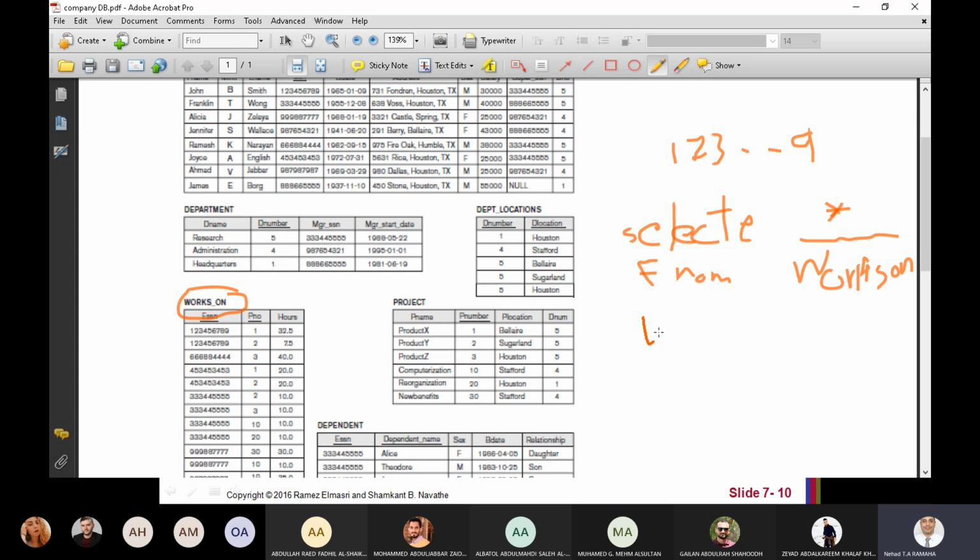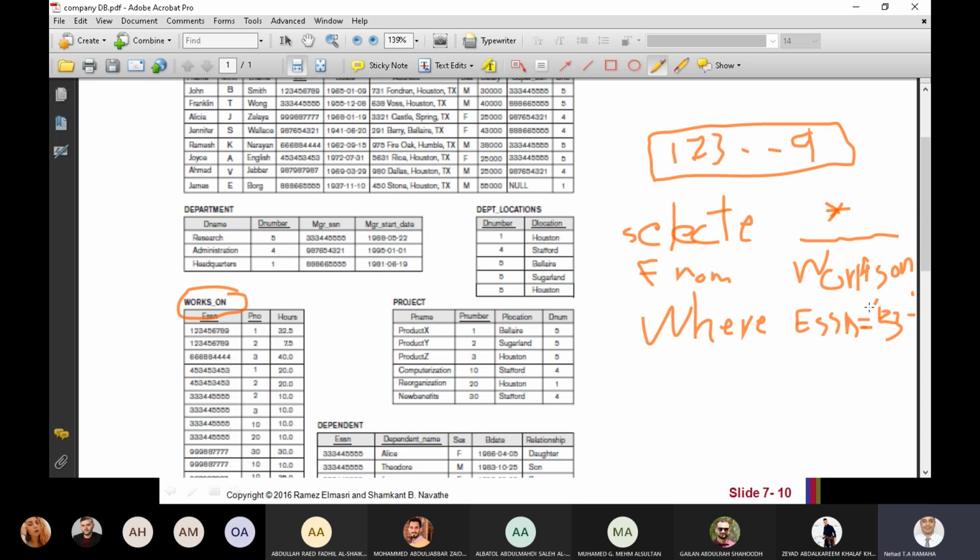Okay. Where ESSN, this means the employee SSN number equal 1, 2, 3. I put the quotation because this ESSN is defined as varchar, not defined as integer.